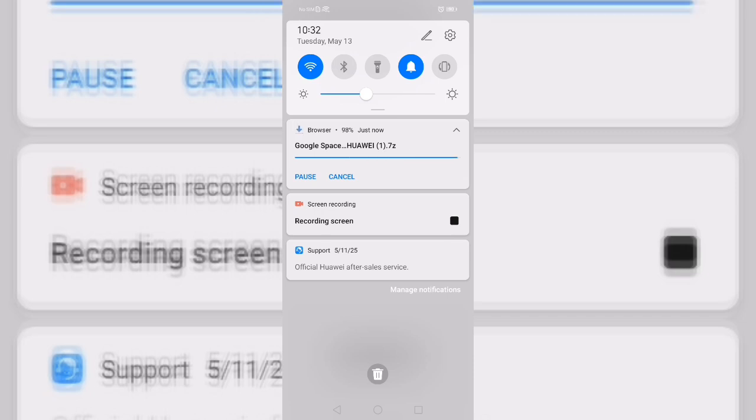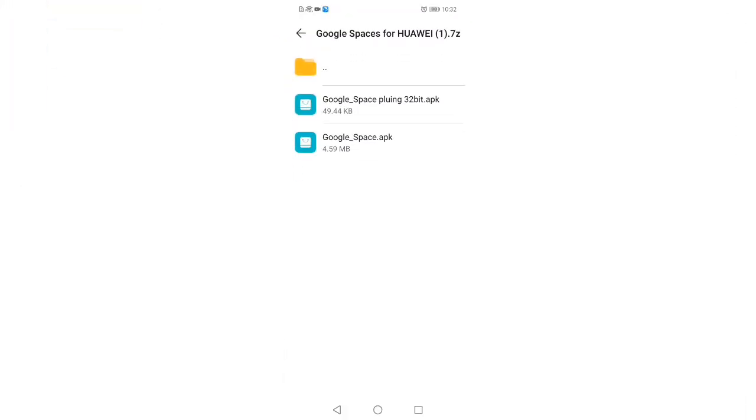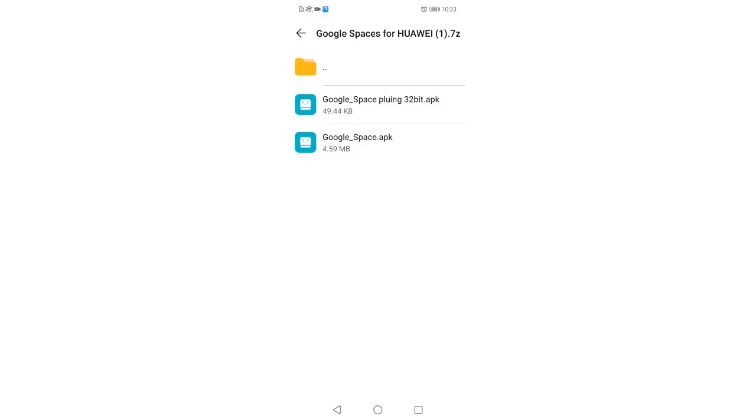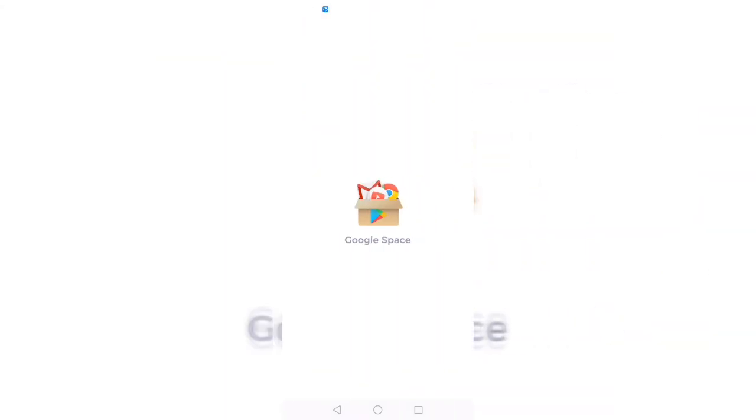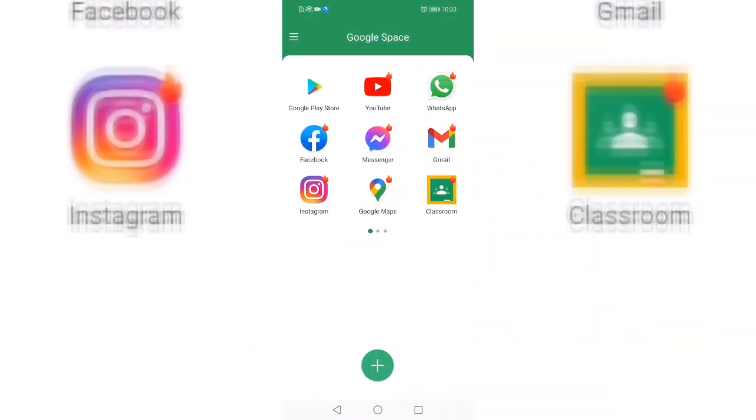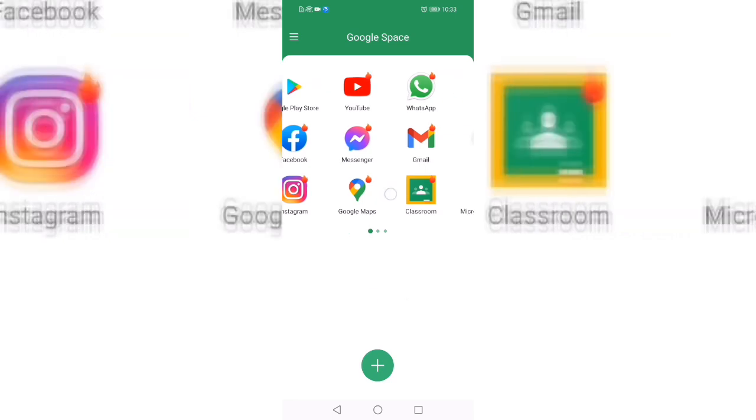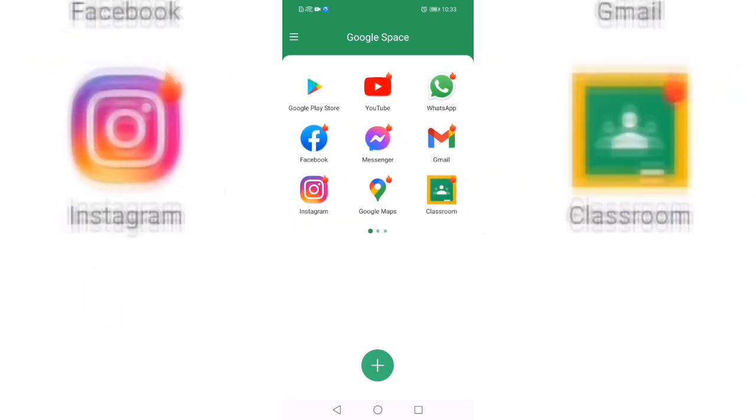my download is done. So click on install. This app requires a password to unzip. The password is ictfx.net. Enter it and click on install. After that, you can install this app. So open this app, guys, and you can see Play Store, YouTube, WhatsApp, Facebook, everything is here